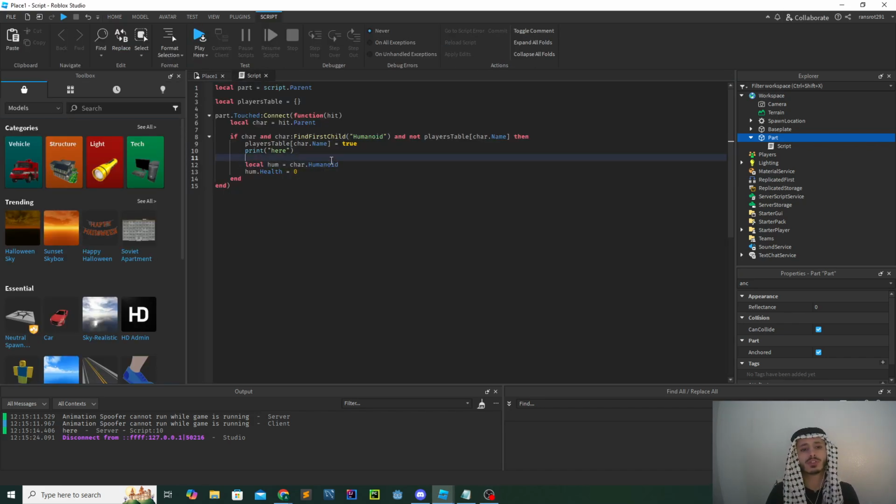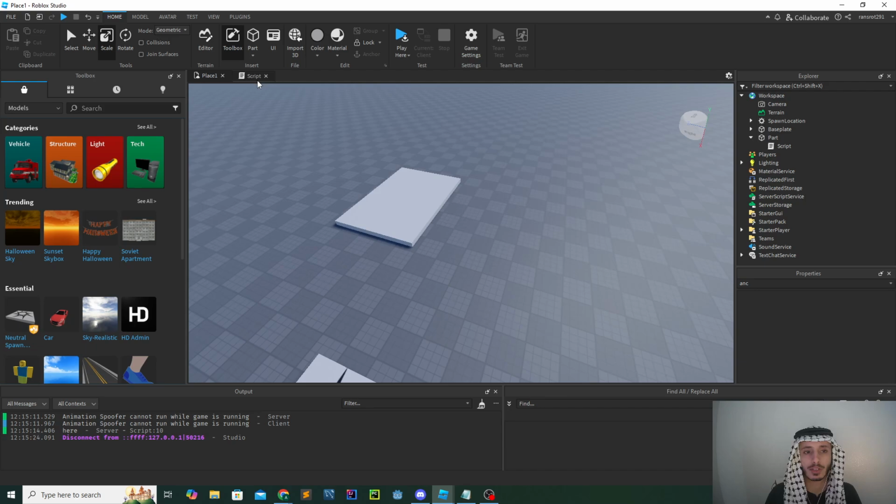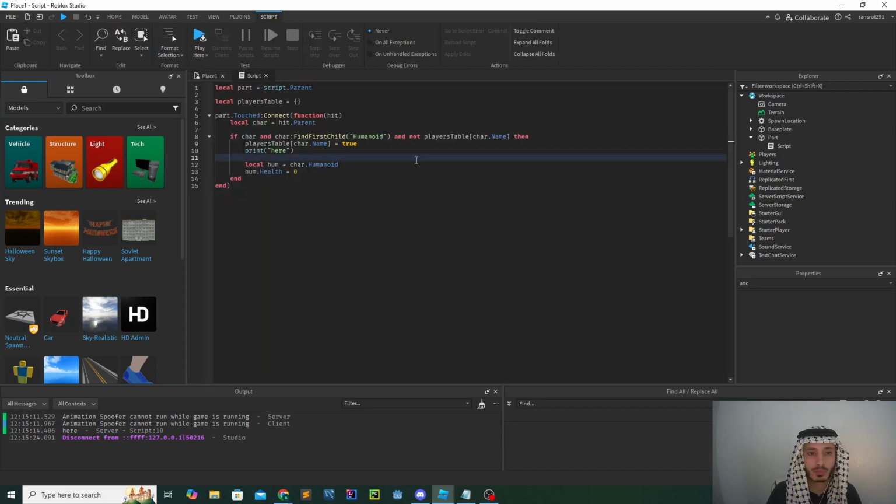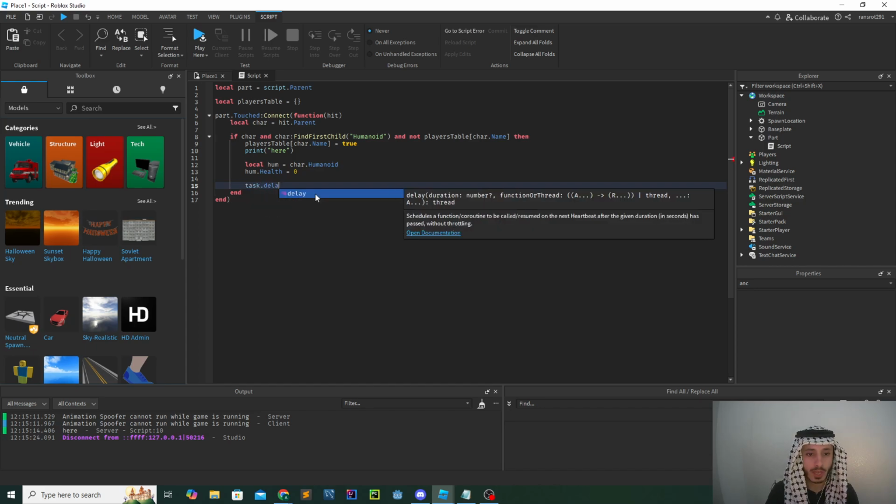Now, let's say we want to reset. We want a player, for every 10 seconds that a player touches this, we want them to die. So this is just for a single player. If we want to reset the player from the players table, and we want them to die again if they touch it again after a period of time, we're going to use something called a